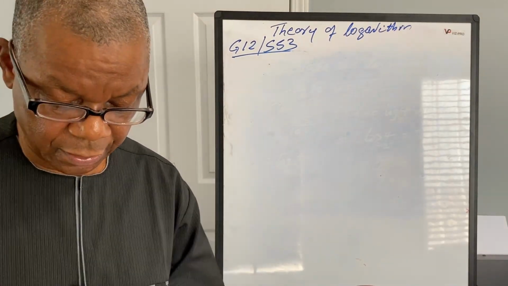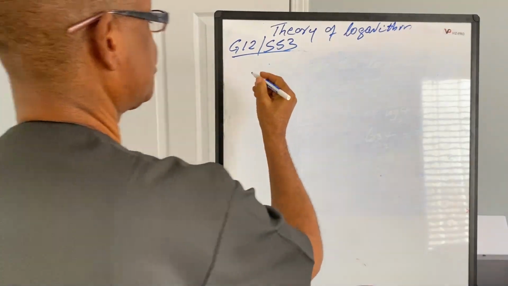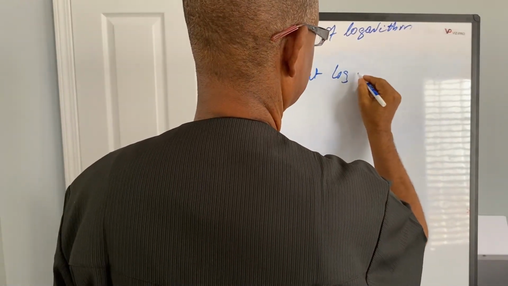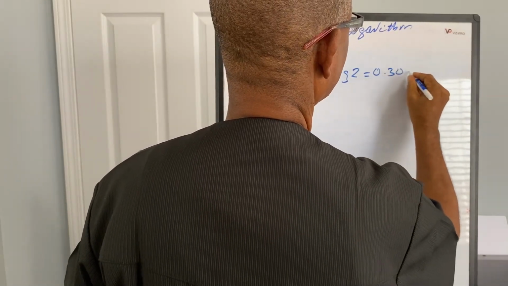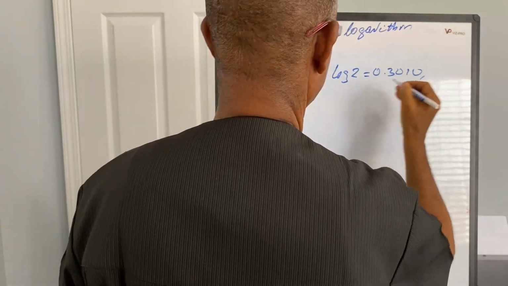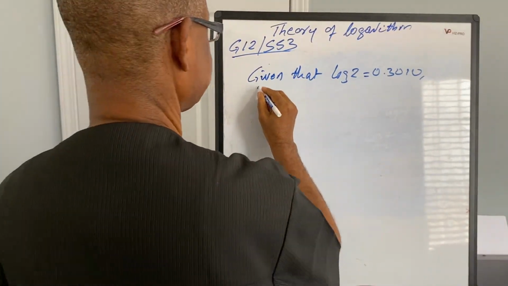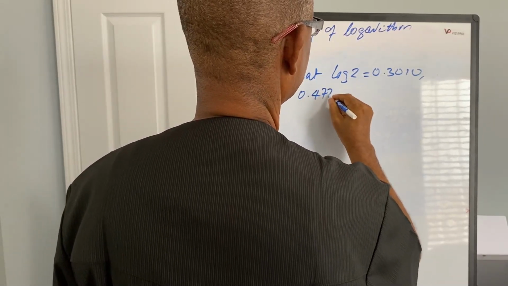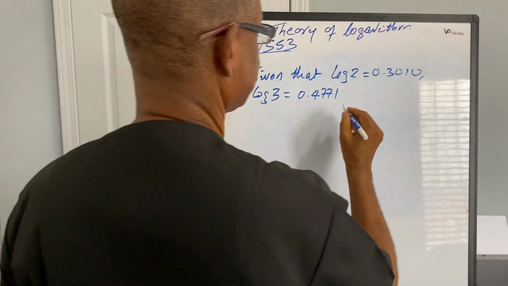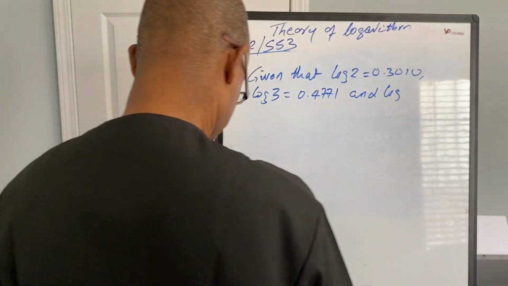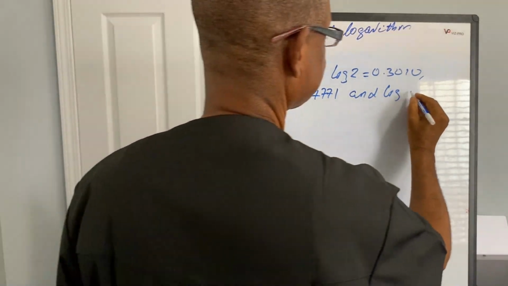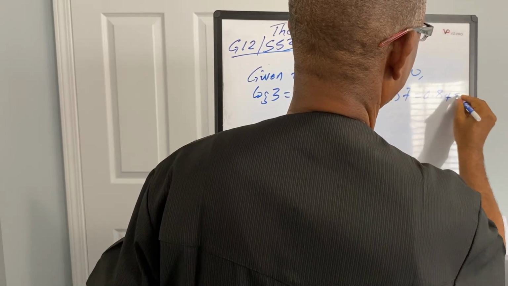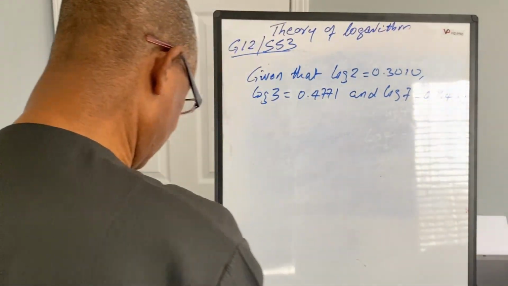You are given the value of log 2. Let's say given that log 2 is equal to 0.3010, and log 3 is equal to 0.4771, and then log 7 equals 0.8451. And the question says, with these given log values, evaluate